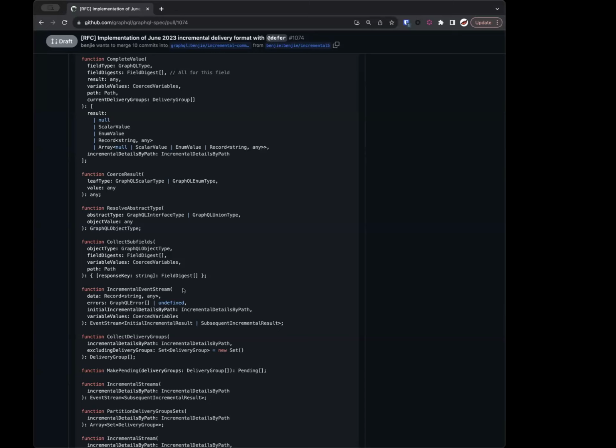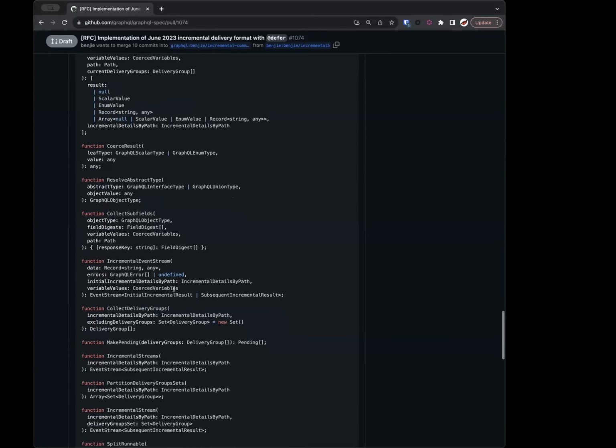So it's now just traditional algorithms. But that incremental event stream effectively sends the original response, the data, errors and pending, to the client. And then it sets up a bunch of streams to do any of the incrementals. And then those streams can set up their own streams and so on. And so it's effectively like nested streams. And that was really the breakthrough that I had in this: if we model it all as streams, then all of the rest of the behavior just flows out of them very naturally, which was quite nice.